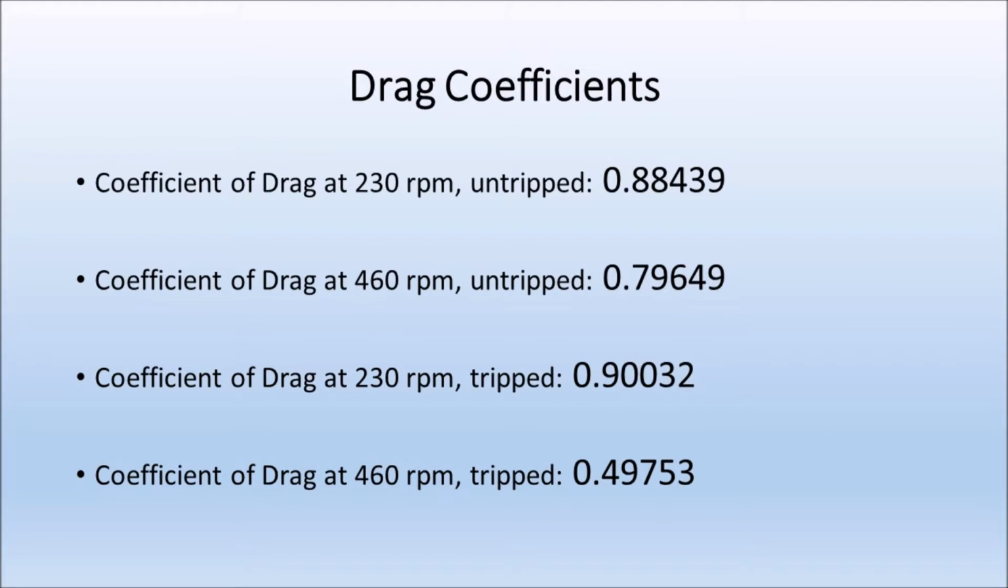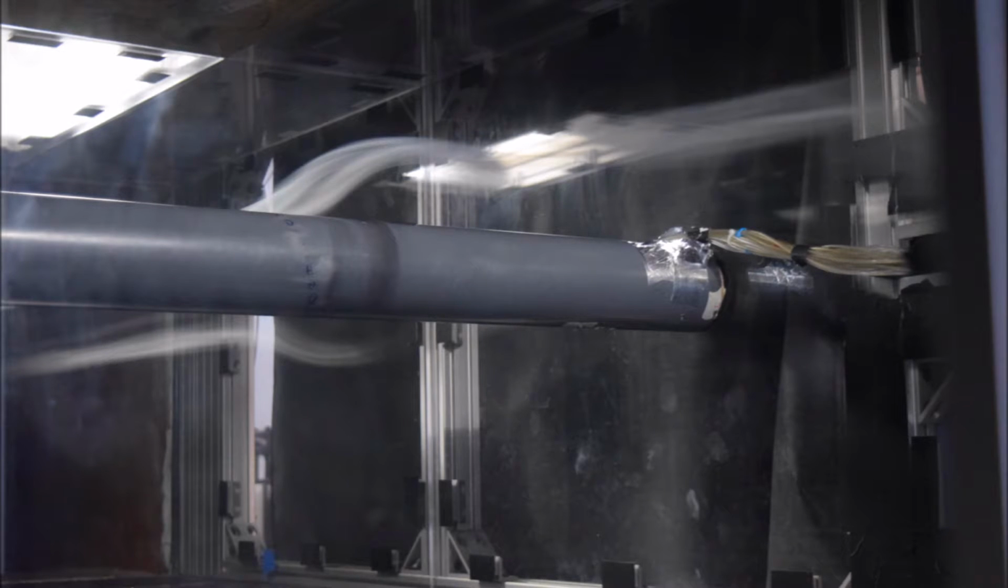Next, we obtained a coefficient of drag of 0.90032 when running the tunnel at 230 RPM but using flow tripped by sandpaper. This was higher than we expected because it ended up being a higher value than the untripped flow. This anomalous result could be explained by measurement error, as there are probably no real differences between the two scenarios